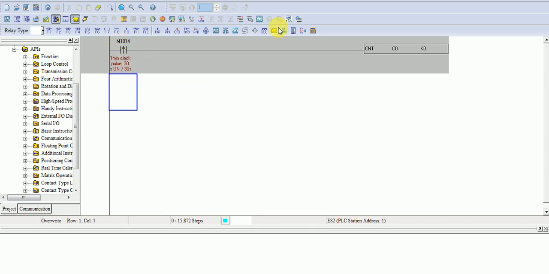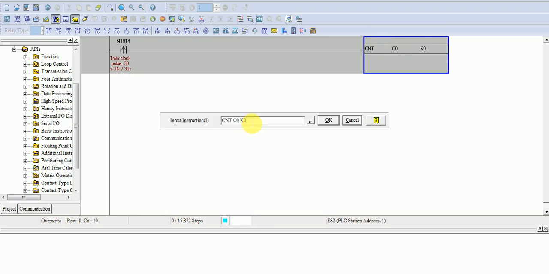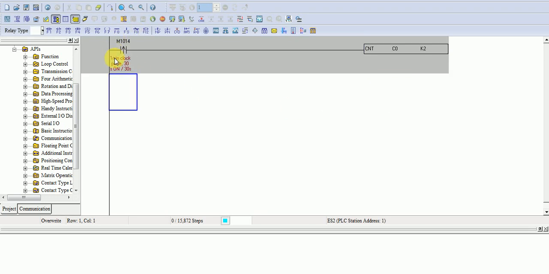If I want a 1 minute delay, I will put the value 2 on K2. So when the timer gives 2 pulses in 1 minute, it will turn on.